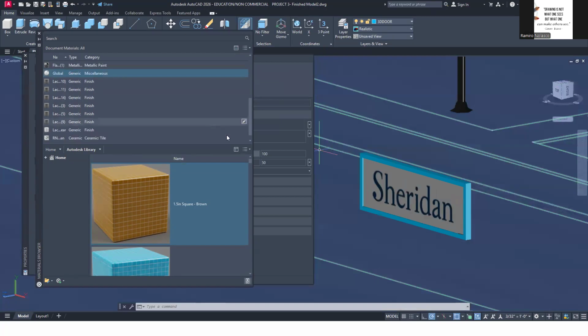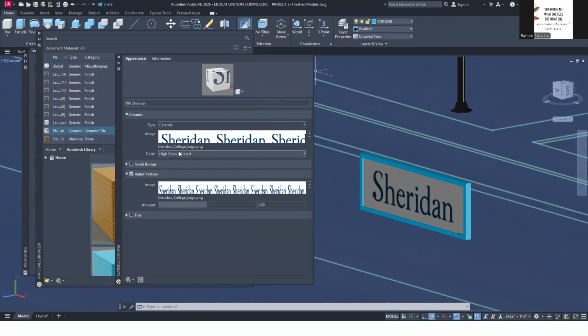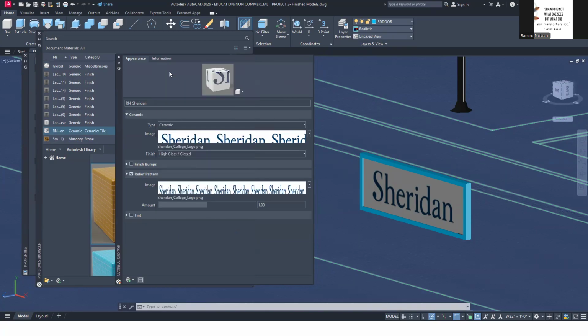Okay. So now, how about this? If you do this for the main image, which is negative 6 inches by 3 feet, and then sample scale is 9 by 3 feet, then you should also do that to the relief pattern.